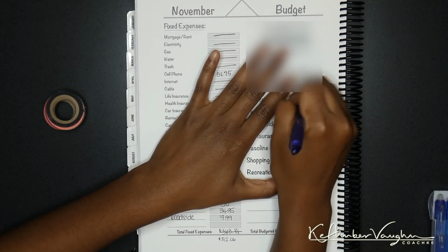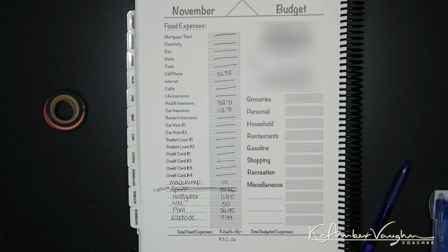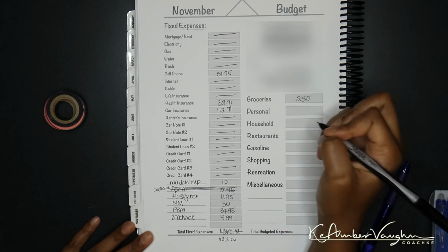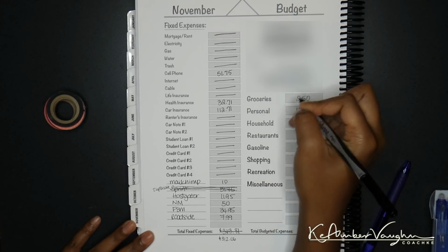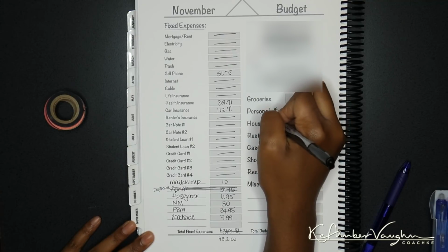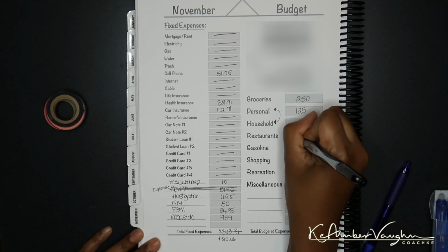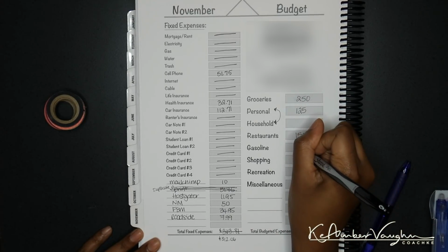All right, so I'm gonna go ahead and erase this, and we are gonna go ahead and do this part in permanent. Because we have 5 Fridays in the month of November, I'm going to be using the numbers that I normally use for the 5 Fridays. Personal household for me is one category, so hair products, feminine products, stuff like that. That all comes out of that. Restaurants, we're gonna do $150. Gas, we're gonna do,